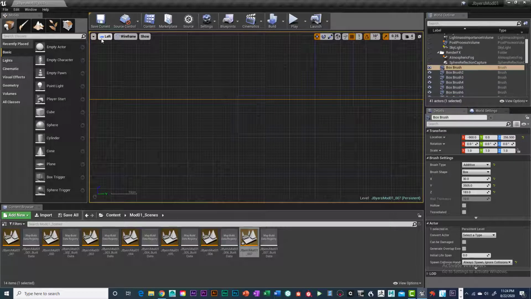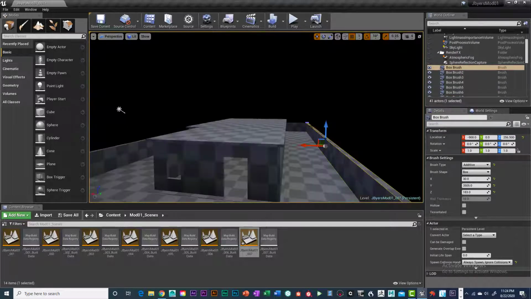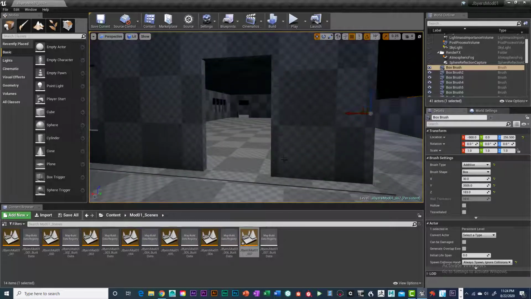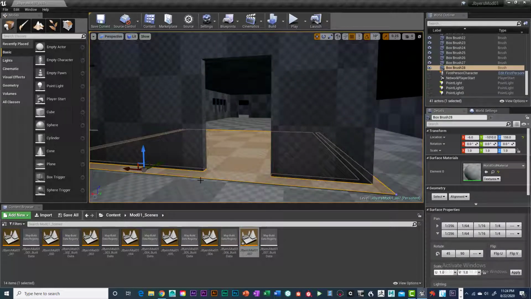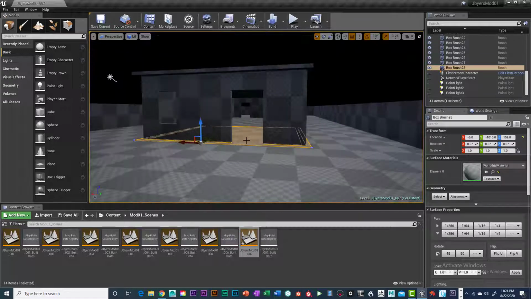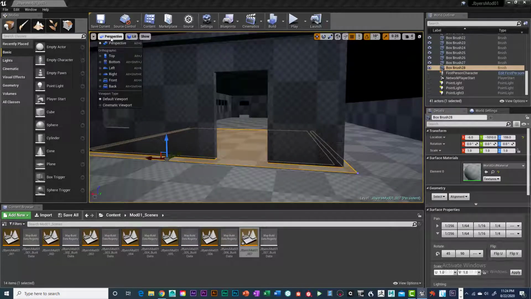Okay? So I'm going to go back to perspective. And you can see that we have it just above the ground. Okay, so we want it to be placed within the walls, right? Just right at the edge of the wall. So we're going to have to make some adjustments from the top view